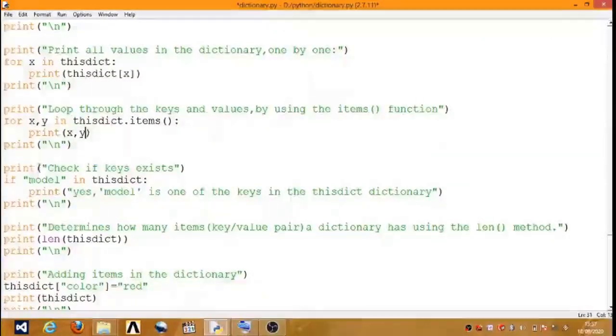Next print in bracket, check if key exists. It is possible to check the keys in a dictionary: if model in district. So model in district returns true, otherwise it is false. So check here our dictionary.